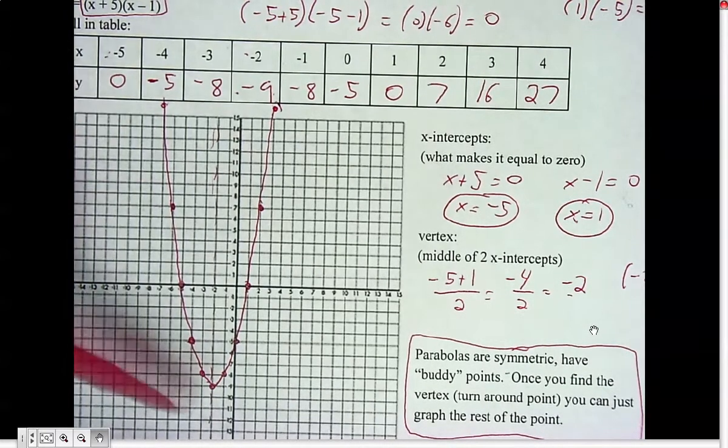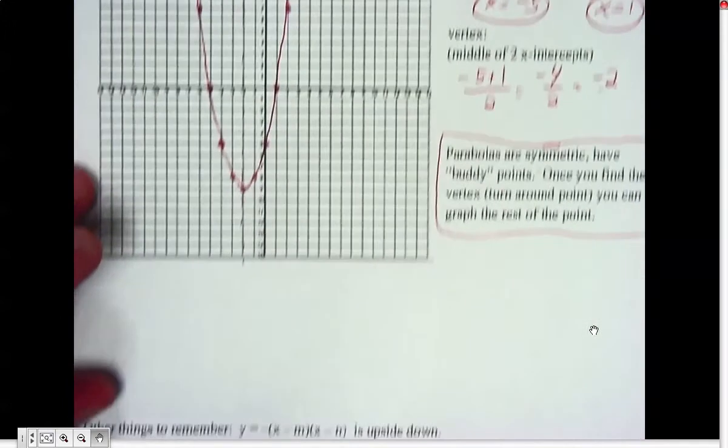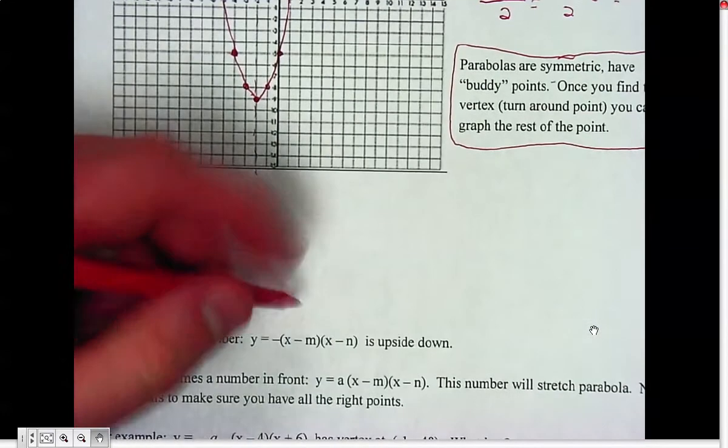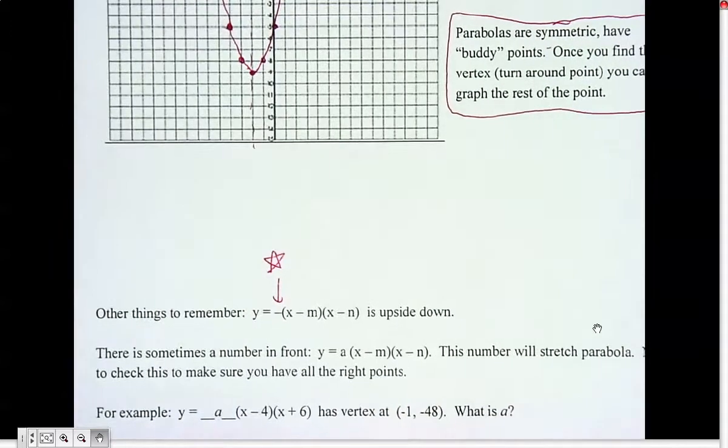So hopefully that makes sense. Plugging in points, plotting them, thinking about this buddy point and the vertex. And this will come up a lot this week as we work on our application problems. A couple other notes down at the bottom. First is when we have a negative in front of both those factors,